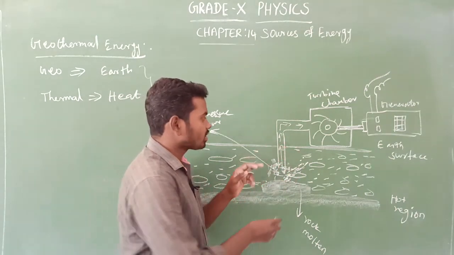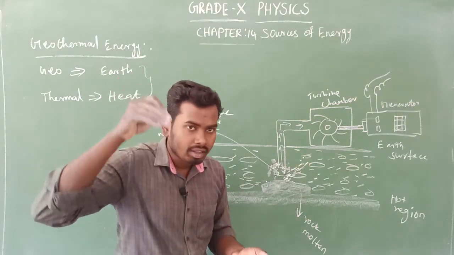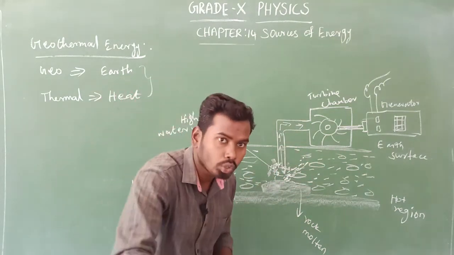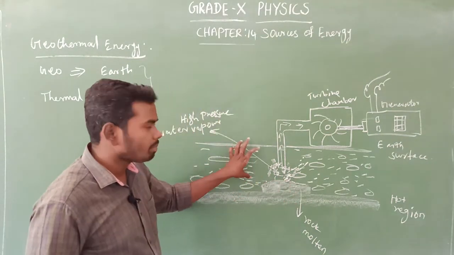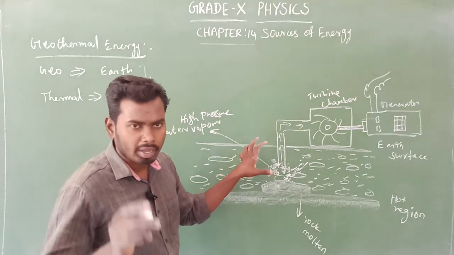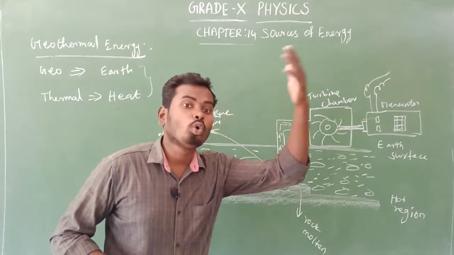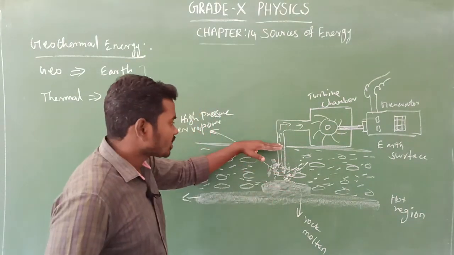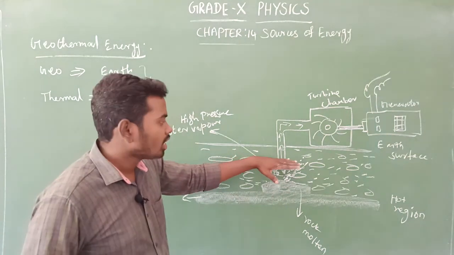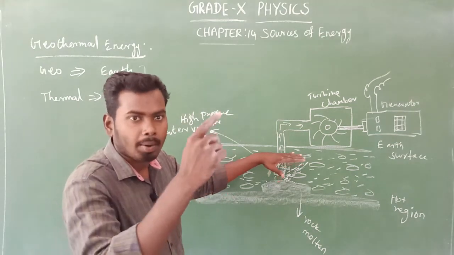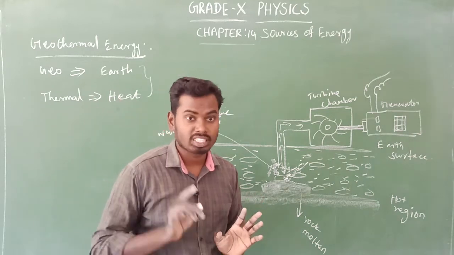Next, come to the surface of the earth. When we drill the surface into that hot spot region, it will be only a few kilometers, because just below the earth's surface the temperature level is too high, which means molten rocks are there in some places, not all places, especially in New Zealand, the USA, and Japan.